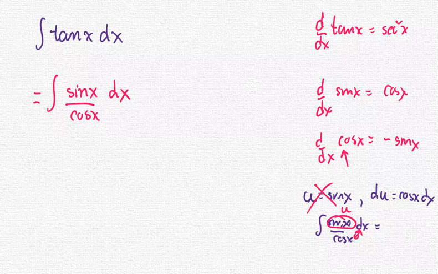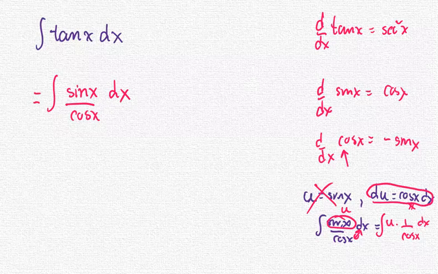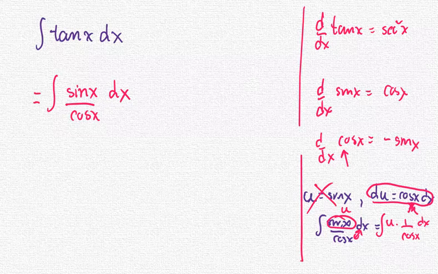Do you guys follow? Because after you replace the sine x with the u, you're going to have u multiplied by 1 over cosine x dx, which is not equivalent to the du that you just set on the side here. So they are not the same. So this choice doesn't work. So you're going to pick another choice. Another choice would be to have u as cosine x instead. If u is cosine x, the differential du is negative sine x multiplied by dx.